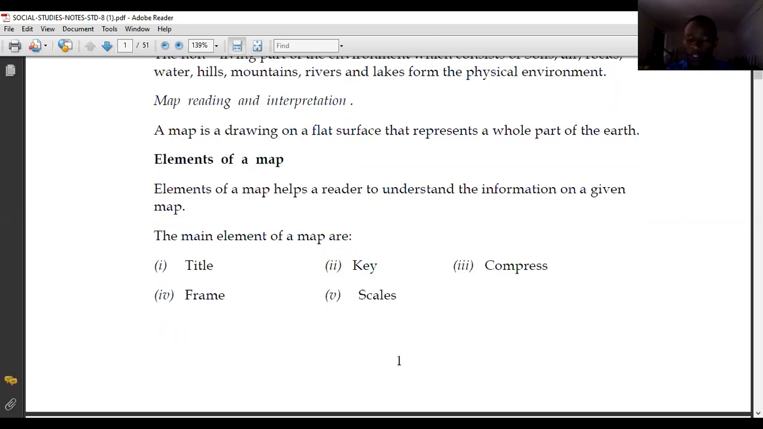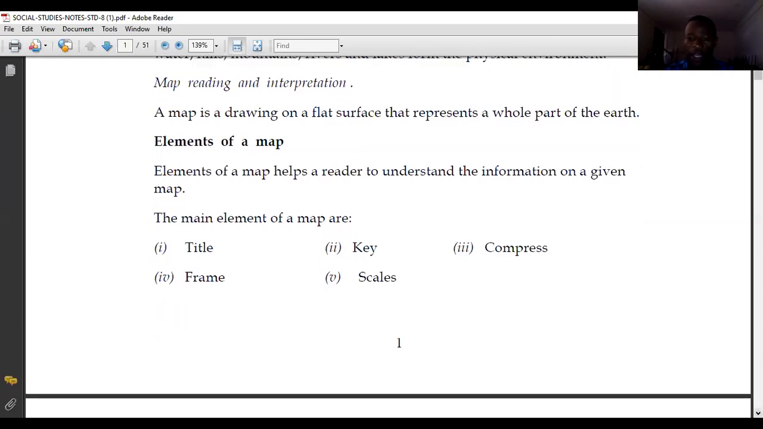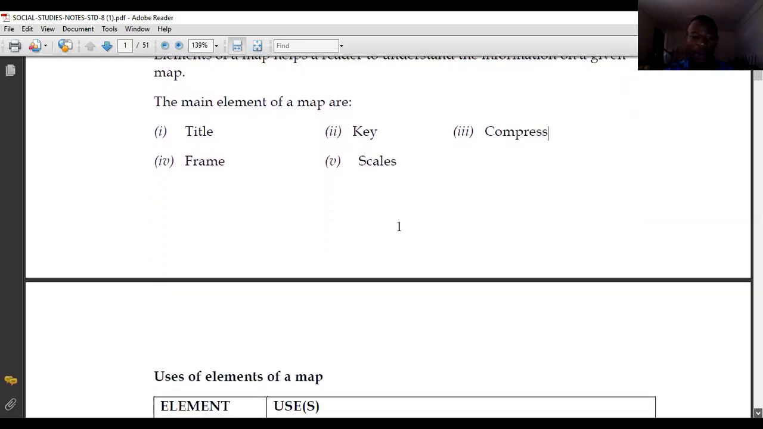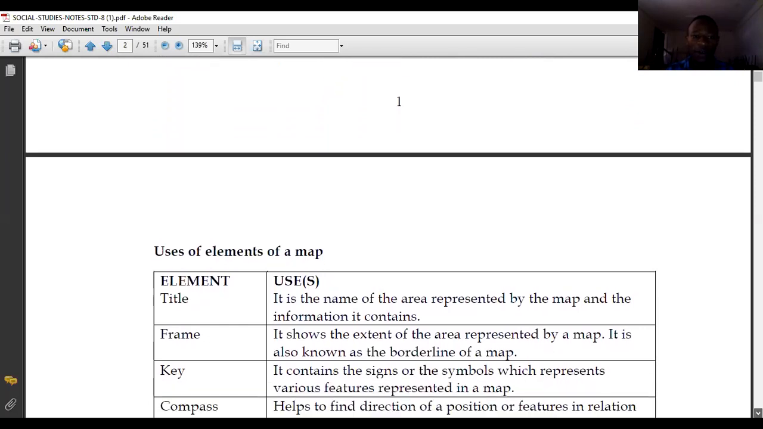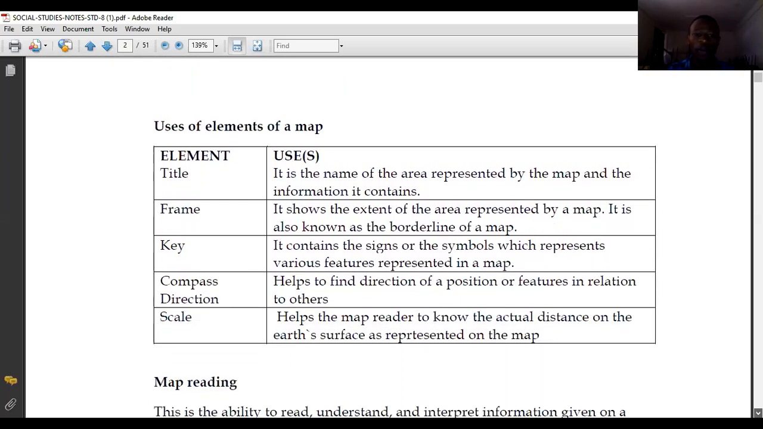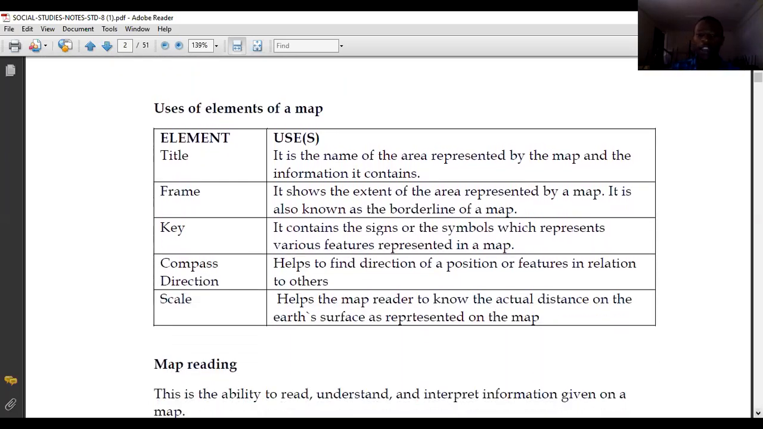Title, key, compass, frame, and the scale. So those are the elements of a good map. Then what are the uses of these elements of a good map? Number one, the title. It is the name of the area represented by the map